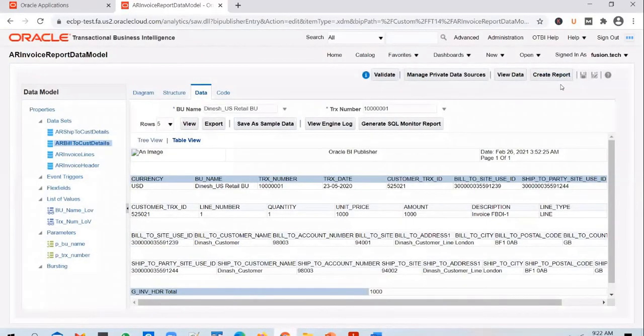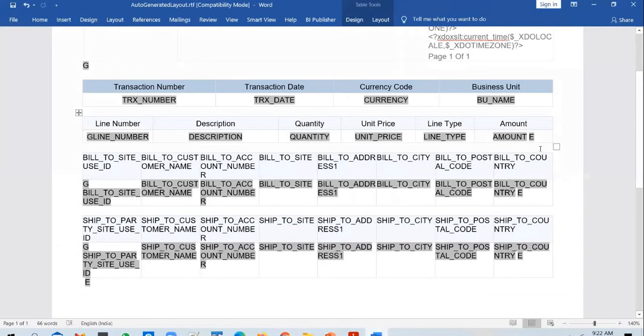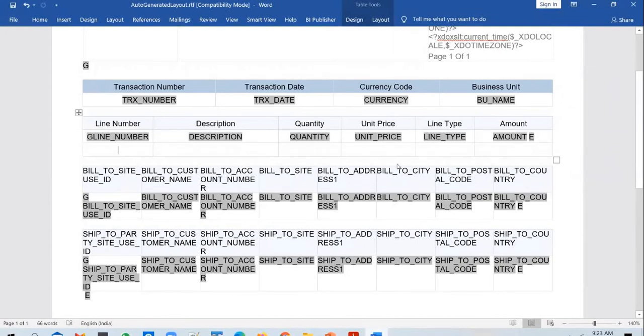and if you create a report layout, ideally we should be creating a report layout after adding this column as well. But now that we have already done this, that's okay. But this is how you add an aggregate column. And in the report output, wherever you want to display that total amount, what do you do? You add in another table and you take out these columns and you will add in a total here and you will add in that XML tag here. Okay, so that will display the total amount if you want.